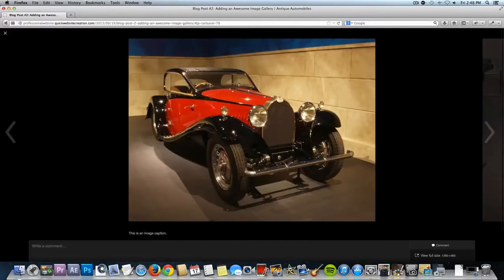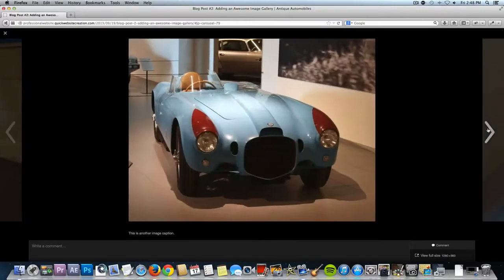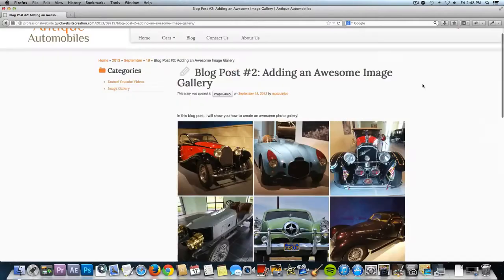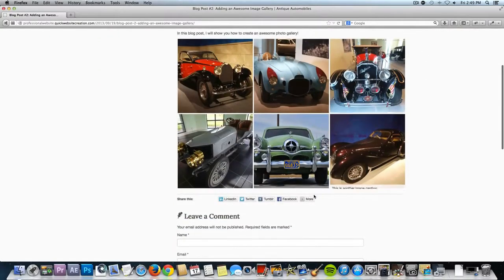And if you click on these, it's going to open this up in a really nice carousel like that, and you can switch through. So I'm going to show you that as well. We can just click there to close. And I'm going to show you how to use this social media sharing functionality. This is another plugin that we're going to be using, and your users can click on these links and share